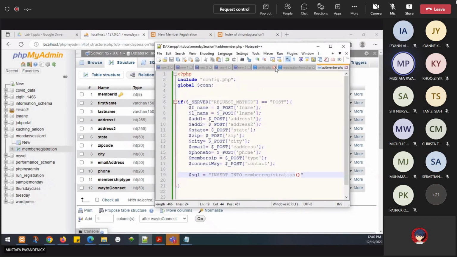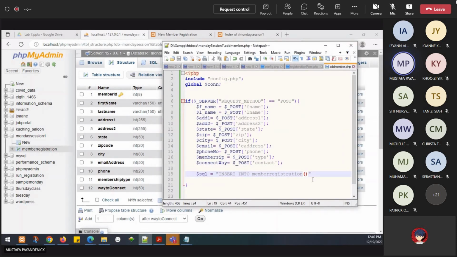Member ID, I don't care. Why I don't care about member ID? Because it's auto-increment as primary key. So we don't care about that. Automatically we'll add that. The first one is first name. But actually you don't need to follow this order. You can follow any order in here. It doesn't matter, but I'll just follow the order because it's easier. Last name. I just see from here, columns here, address 1,